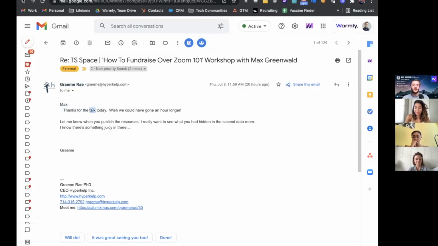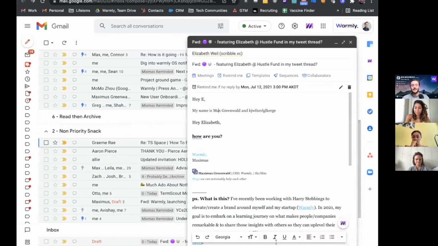So small pro tip, and it's okay, because I see a lot of people doing this, where they start writing their own name. That's what you do in a letter. Like back in the olden days, which I think must have happened from how we transitioned from letter writing to emails, people would write, my name is Max Greenwald, blah, blah, blah. Like no, people can see your name when they process the email, so you don't need to have that.